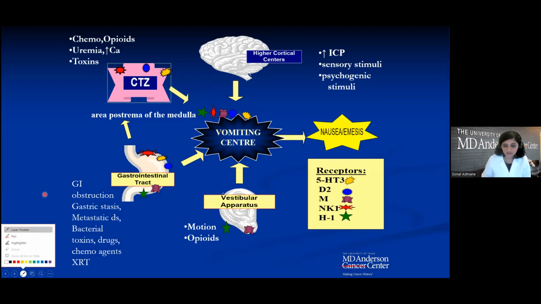At the center is the vomiting center and the chemoreceptor trigger zone. The central nervous system, the gastrointestinal tract, and the vestibular apparatus are also very important in mediating nausea as well as vomiting. The receptors commonly involved are the 5-HT3, D2, acetylcholine, NK1, and histamine